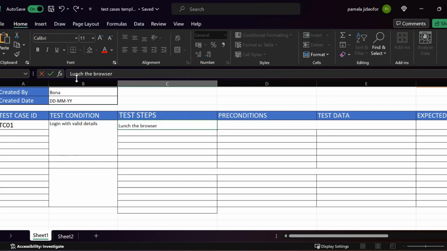So the first step you want to do is to launch the browser. You launch your browser. After you've launched the browser, what else do you want to do? You go to Facebook, because when you launch the browser, you need to enter the address. So you do it step by step. Go to Facebook, which is